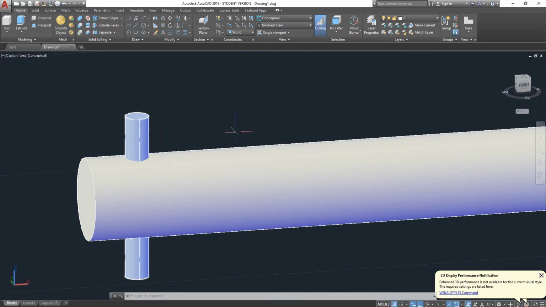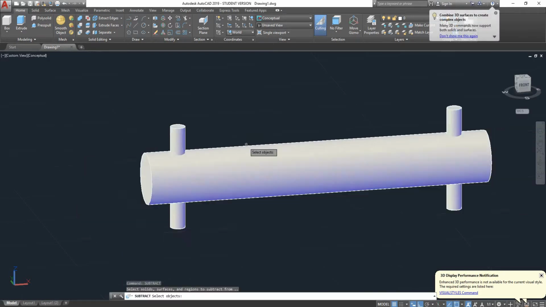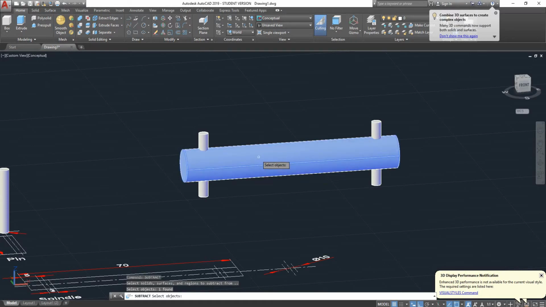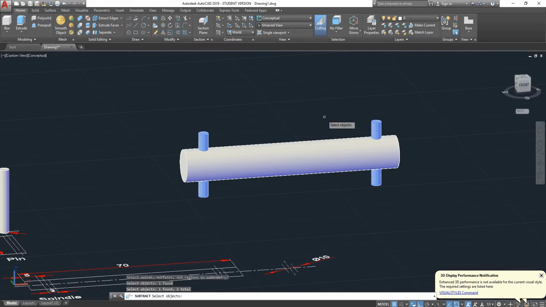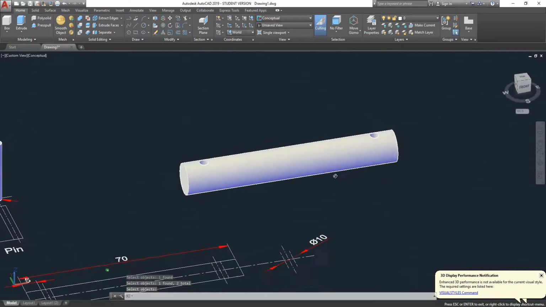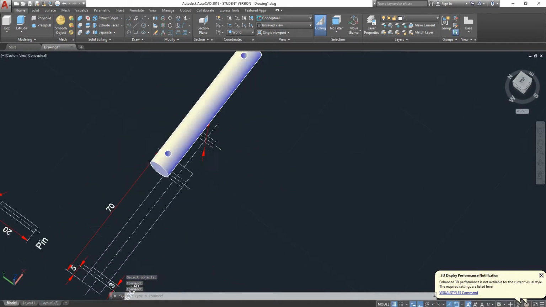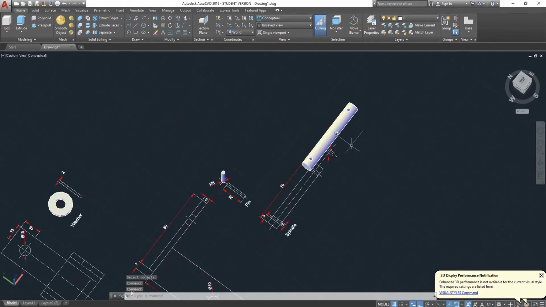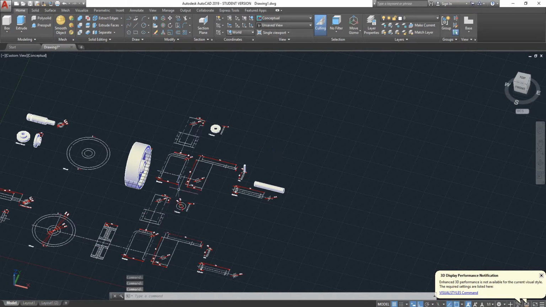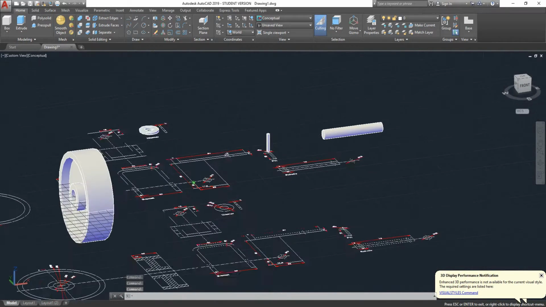So now I'm just going to use solid subtract. So type in subtract, select object to subtract from, press enter, select objects that you want to subtract with, press enter, job done. You could also have drawn the circle, so use press pull to do the same job. Anyway, so let's move on